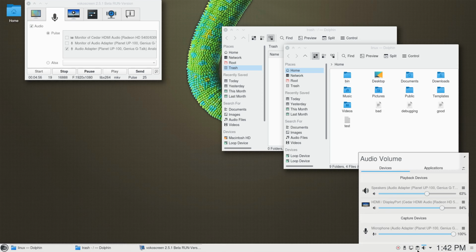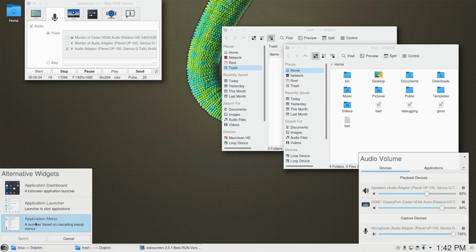Maybe they should have an alternative for this thing here, like they do with the launcher, right? With alternatives, where you can have this application menu, the simple one that I'm using, and then there is that more advanced stuff for people who want more than that. Maybe they could do the same for audio volume. That I would think would be awesome.